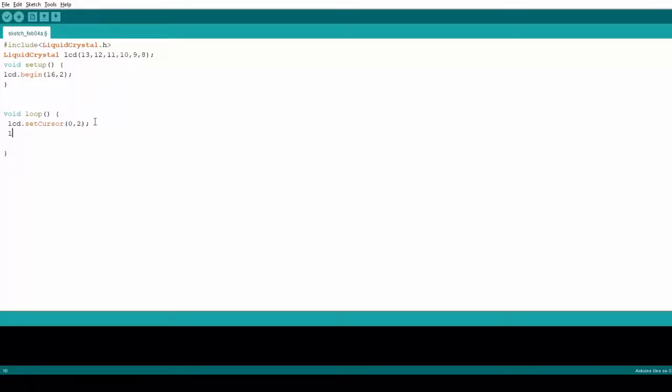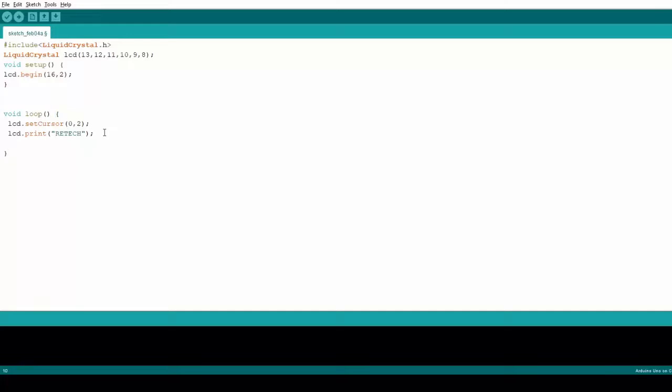Then what we have to print: lcd.print of "retake". Here "retake" is printed at the 0th column and second row. So this is our code.